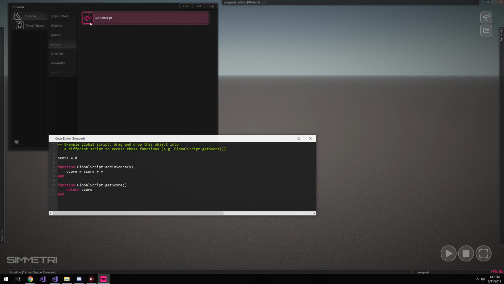And when we open this global script, you'll see that it has some default code. And actually, we'll use this as part of this example. In this global script, we have this function that lets us add a value to our score. So you can think of this global script as something that's maintaining a score for a game, let's say. And it's maintaining it so that we can call these functions from lots of different objects to manage the score in this case. So we have a function that lets us add to the score,